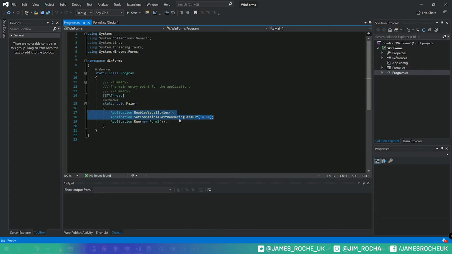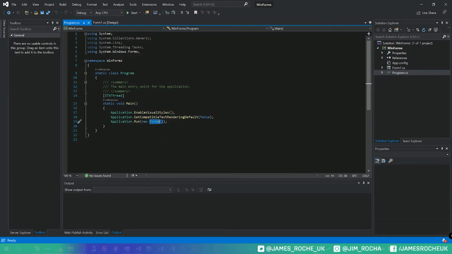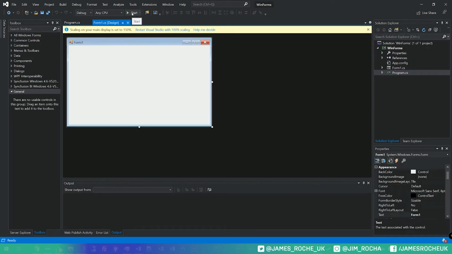You don't really need to worry about these too much. We'll probably look at the visual styles one later. But then finally it says Application.Run, and it instantiates a new Form1 object, because this is a class definition for a form, and it just runs that on the application. So if we just go ahead and run this program,